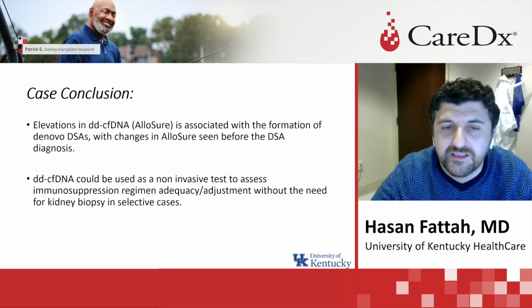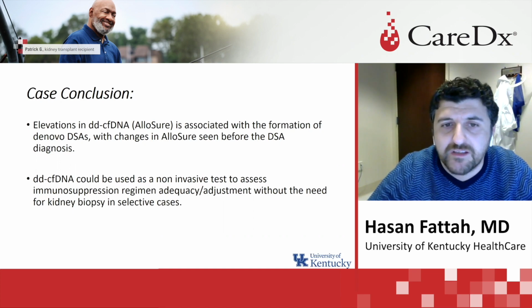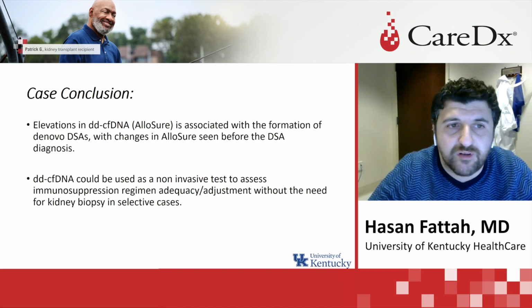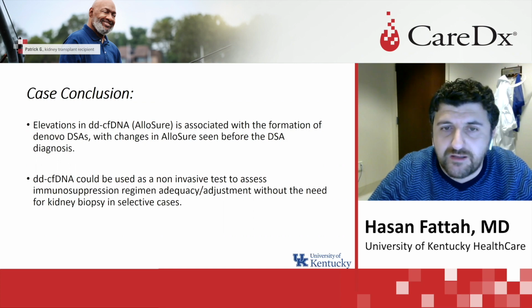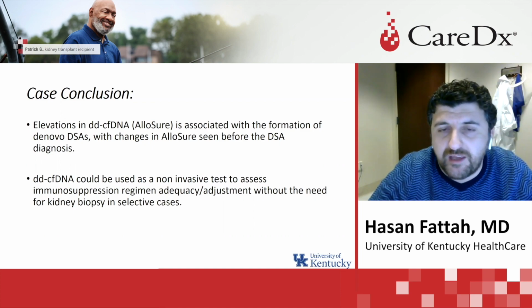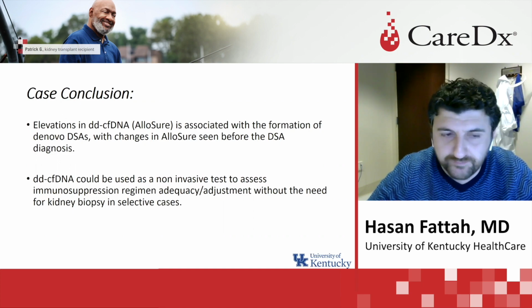this is interpreted in the right clinical context. Like in this patient who is young, under-immunosuppressed because of severe neutropenia, we'd expect subclinical inflammation. In other words, subclinical inflammation is not unexpected in this particular patient. And this is reflected by the rise in her AlloSure of more than 60% from her prior samples. We do know these patients who are under-immunosuppressed, especially young ones, are at risk for alloimmunization and formation of de novo DSA.